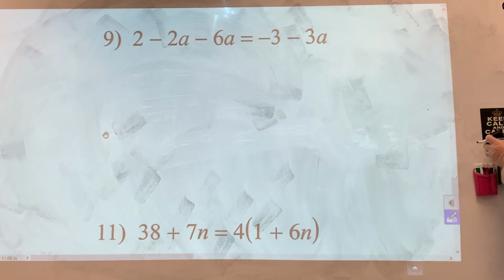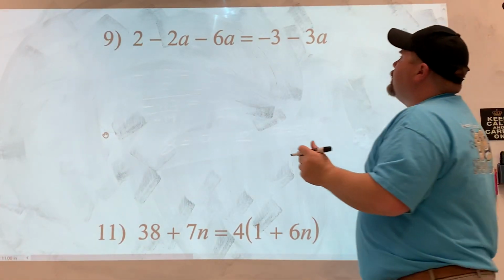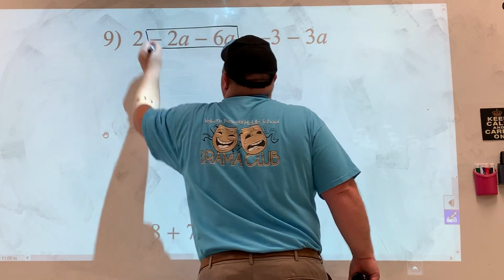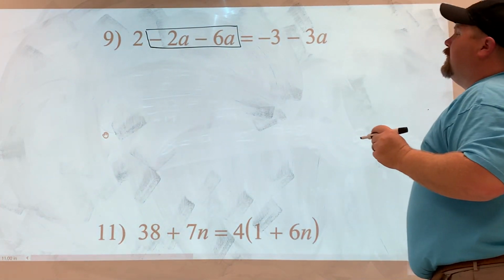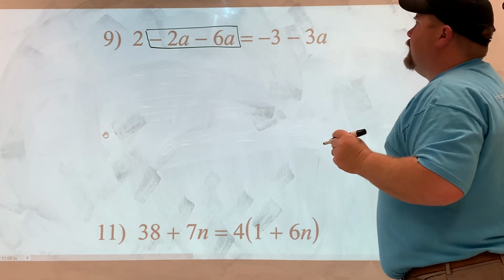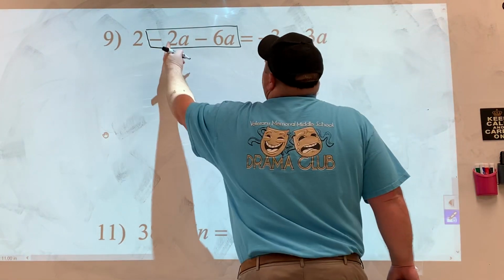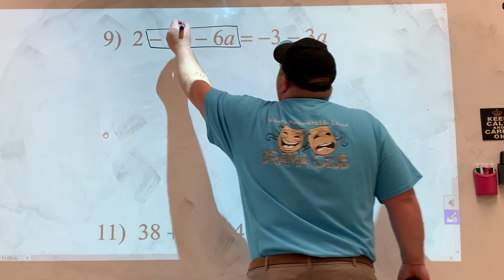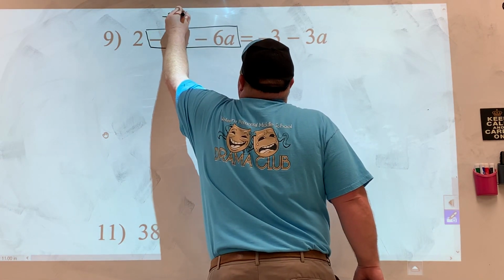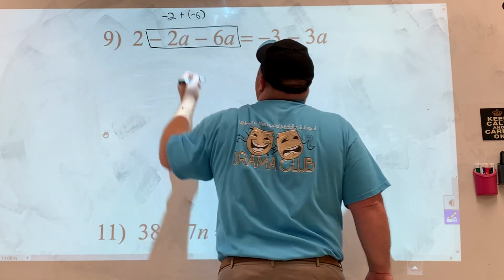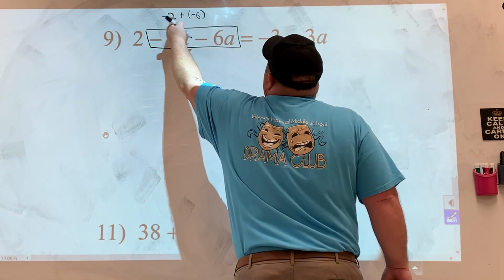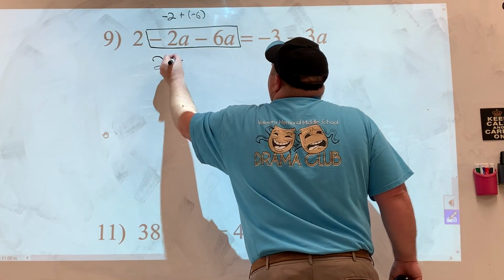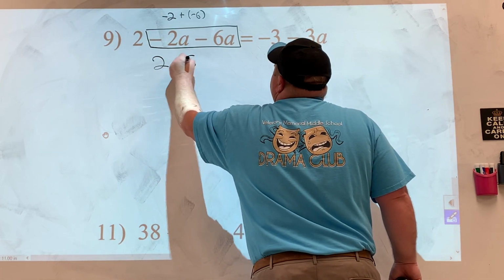Number 9. So I notice number 9 right here, I have like terms. They're on the same side of the equal. That means they can be combined together. So this is the same as a -2 minus 6. Or you may see it as a -2 plus a -6. Either way, this is that same signs add and keep. All right, so this is going to be 2 minus 8a